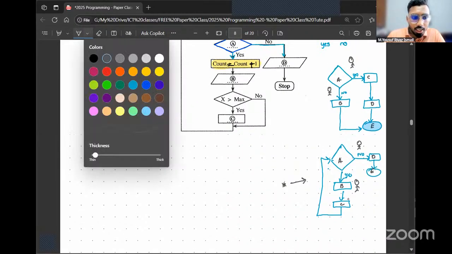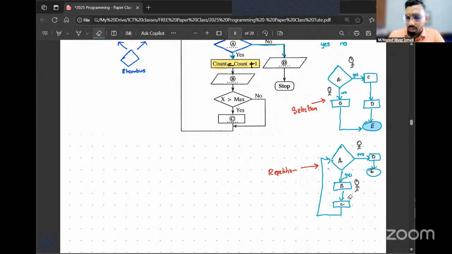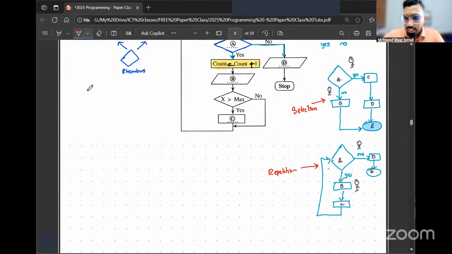Keep in mind, when you go in the two directions, if you can meet each other, then it's a selection structure. If you go in both directions and you can't meet, it's a repetition structure. Is that clear, all of you? Are you all clear how to figure out the difference between selection structure and repetition structure? In a selection structure, if you're going in the yes direction and the no direction, there will be some place or other where you can meet. In a repetition structure, if you are going in two different directions, you will never meet at any instruction.